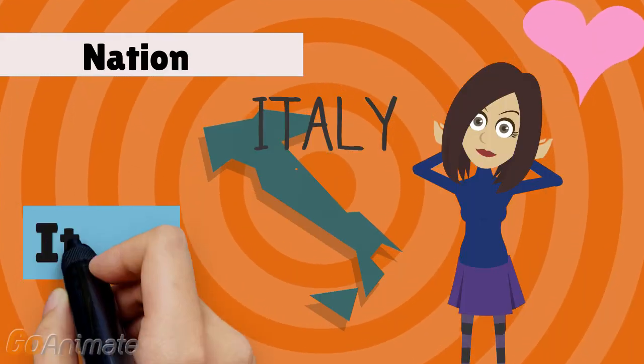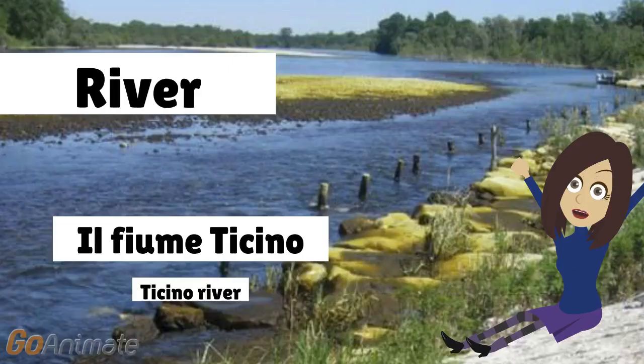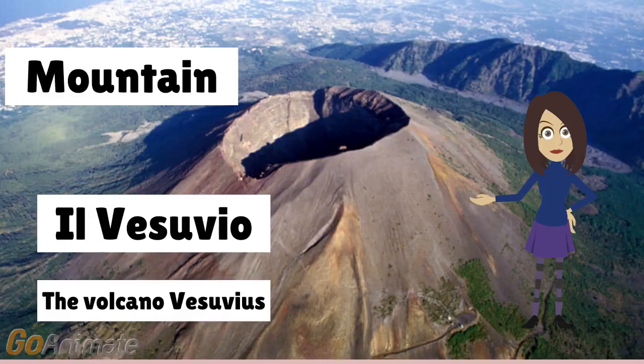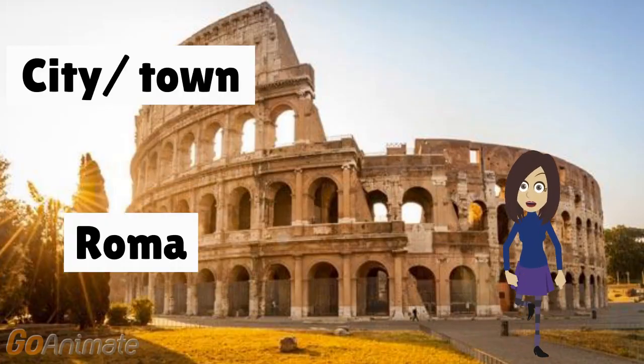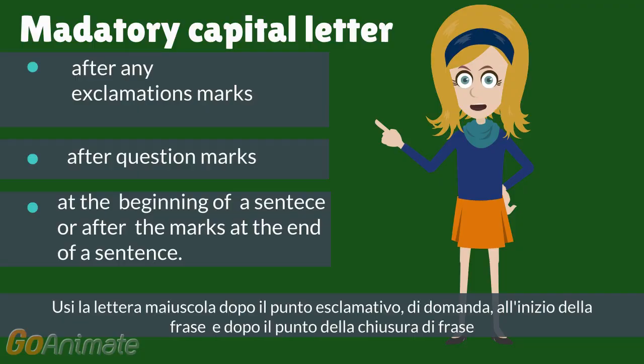Puglia, Italia, il fiume Ticino, il Vesuvio, Roma, Pitigliano. You must use the capital letter after any exclamation marks, question marks, at the beginning of a sentence, or